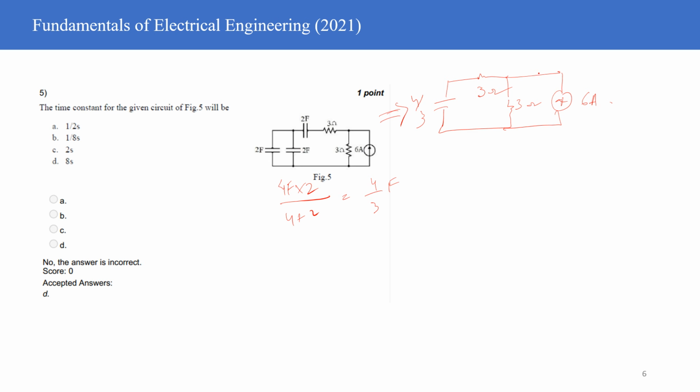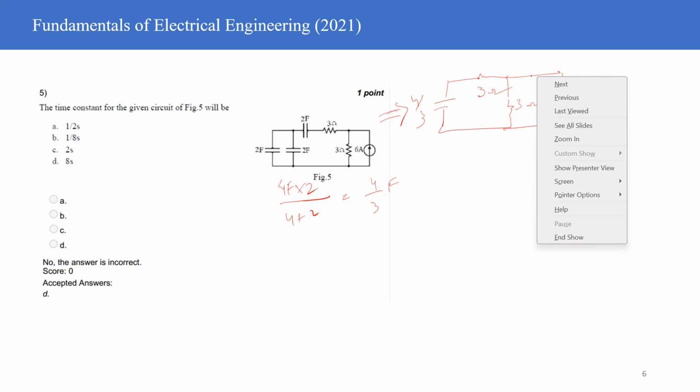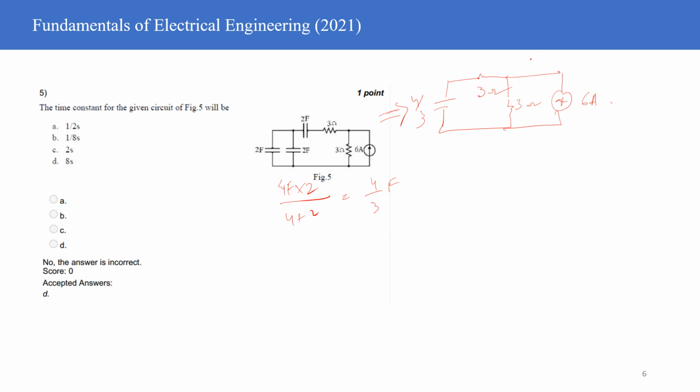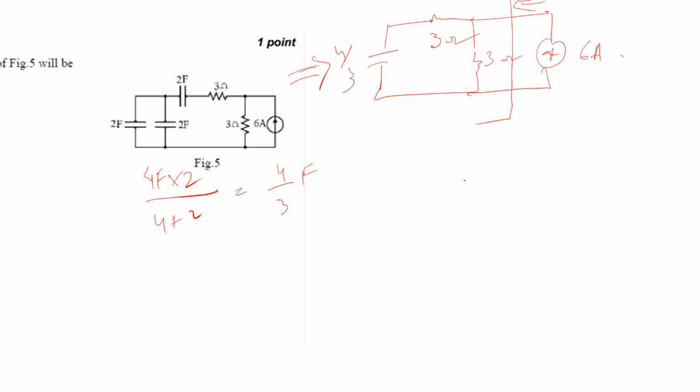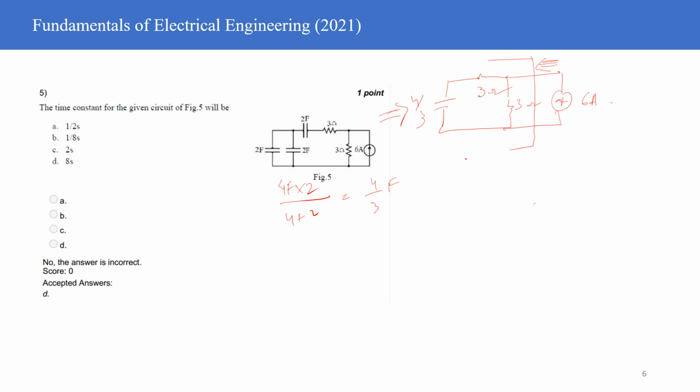So I can use Thevenin's theorem and then I can figure out the effective R Thevenin when you are looking from this particular end. So R Thevenin at this particular instance will be given as